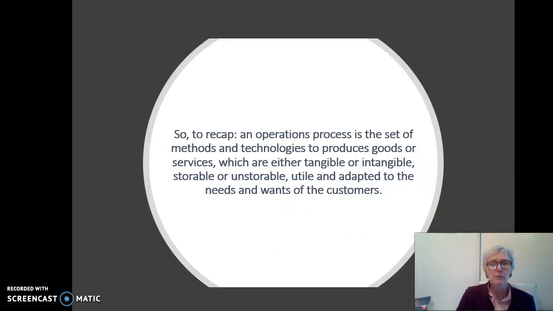So to recap, an operation process is the set of methods and technologies to produce goods and services, which are either tangible or intangible, storable or not storable, utile, and adapted to the needs and wants of customers. Now let's move on to the next section about capacity planning, really important to the operations manager.